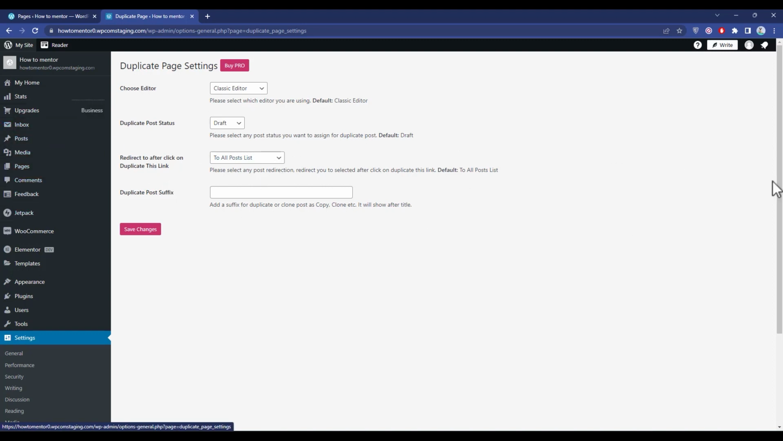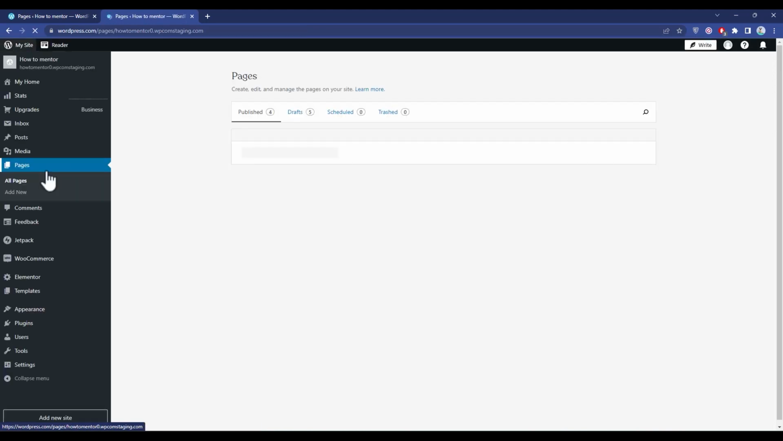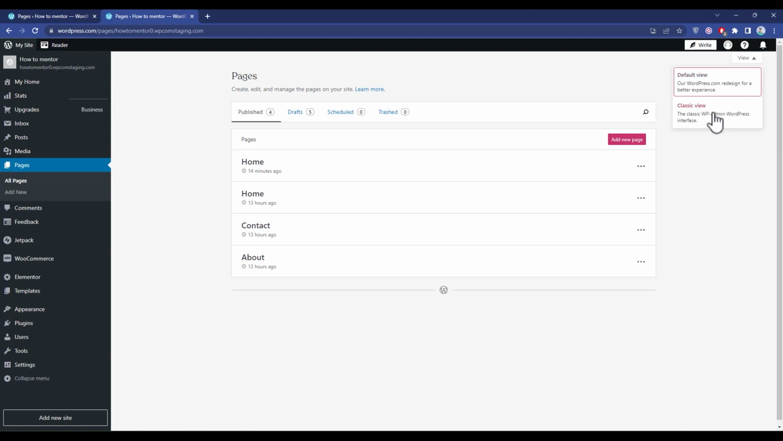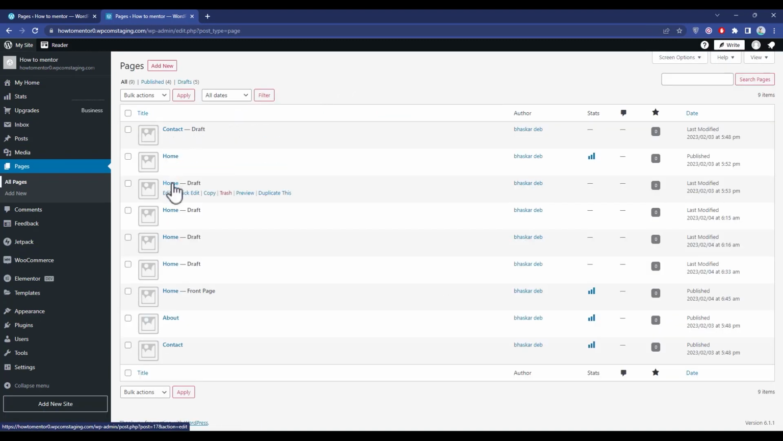Now in order for you to actually duplicate the pages, just simply hit pages. Then let's go back to the classic view. So just simply hit view over here, then go to classic view. Now if you just simply hover over any page, you will find there is a new title called duplicate this. So just simply hover over any page or post and click duplicate this,